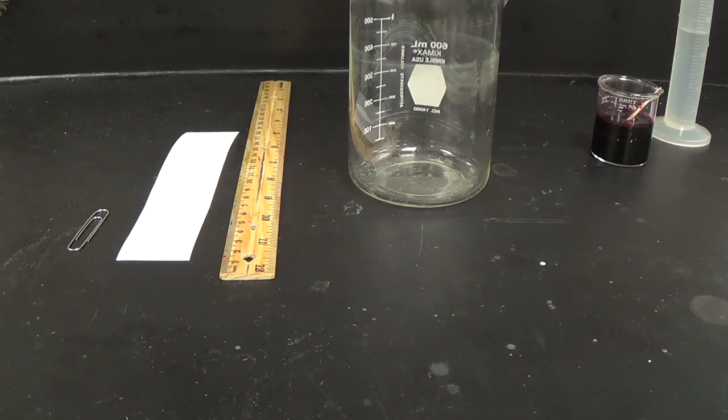So tomorrow you're going to be doing some paper chromatography, and I really enjoy doing paper chromatography because it is a simple yet very effective way to get some qualitative information about what's in a mixture. It's going to separate molecules based on how well they attract a movable phase versus a stationary phase. And we will have plenty of time in class to discuss that, but I want to get to how you